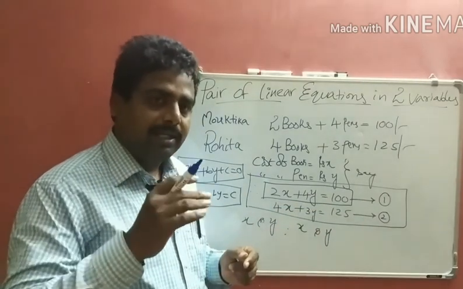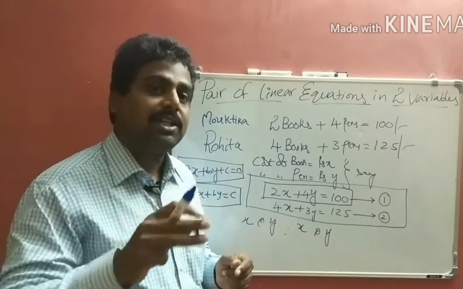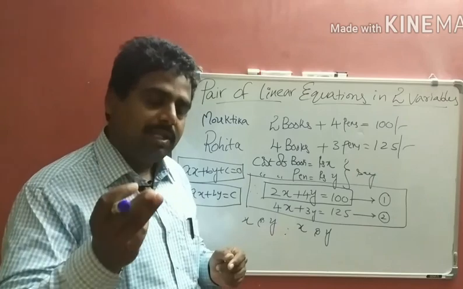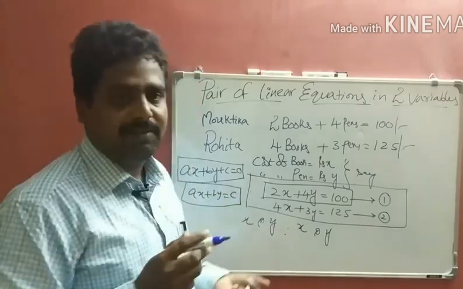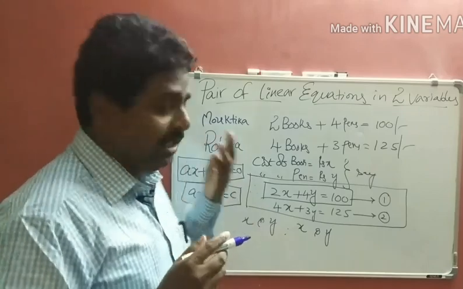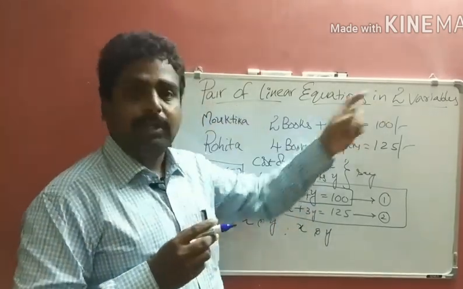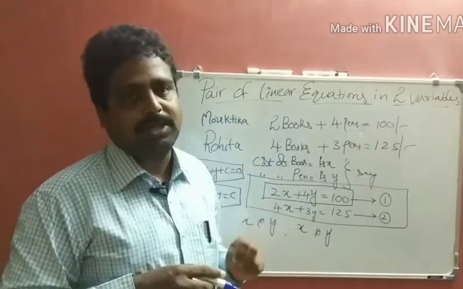So here in this case we have three objects, so this is called a linear equation in three variables. Understand? To find the value of each object in the case of three variables, we want three equations. In our 9th and 10th class chapters, we have only two variables, so we assumed here books and pencils, that is two objects.